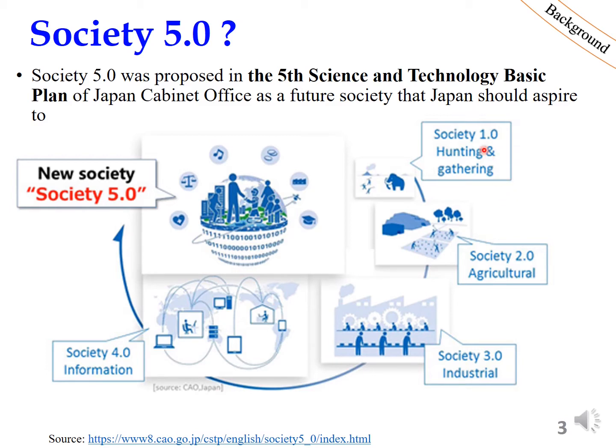As you know, our society has gone through 4 generations. Society 1.0, the hunting and gathering society. Then Society 2.0, or agriculture. Then Society 3.0, or industrial society. And now we are in Society 4.0, which is also known as the information society. In recent years, Japan and other developed countries have laid out a research platform for Society 5.0, which is also known as